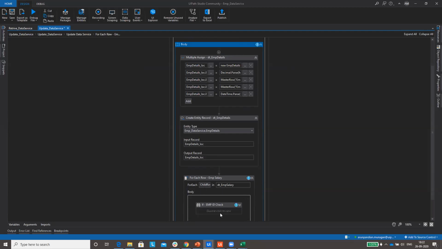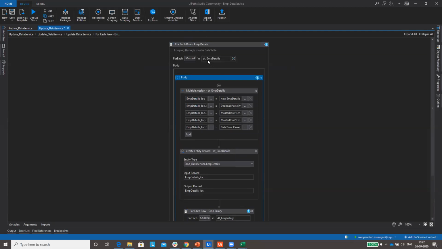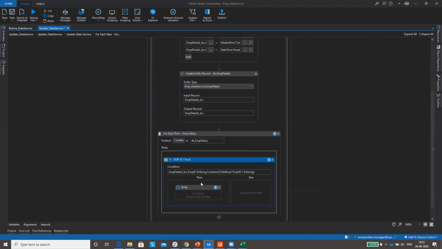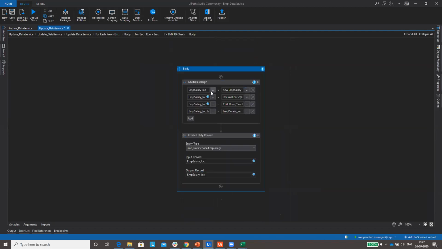This is the primary Excel, and the secondary Excel is placed inside the for each. When the condition is satisfied, like the employee ID matches, we push it.